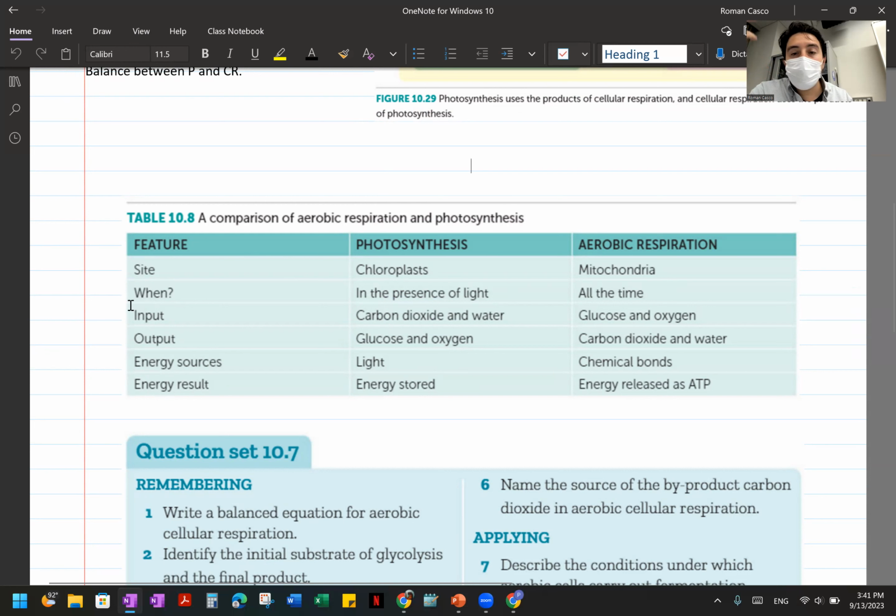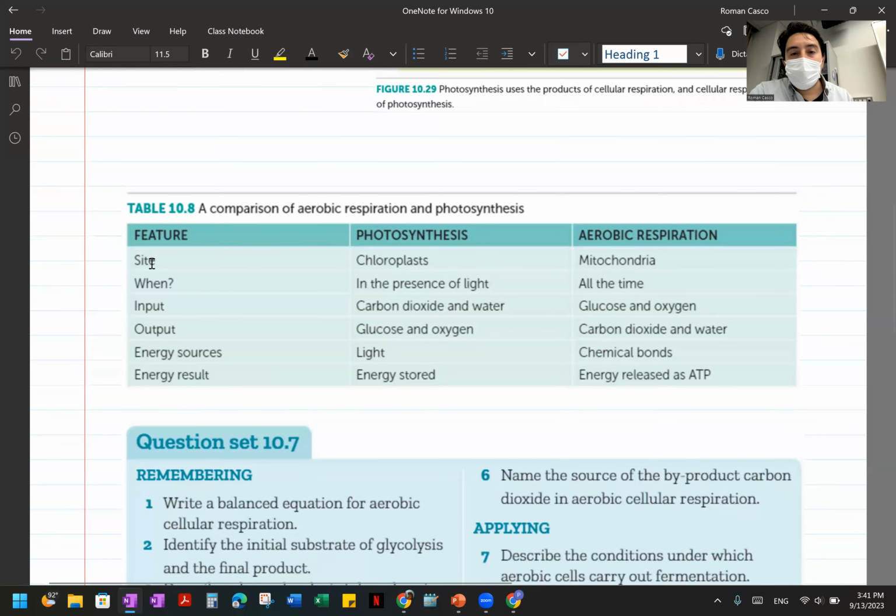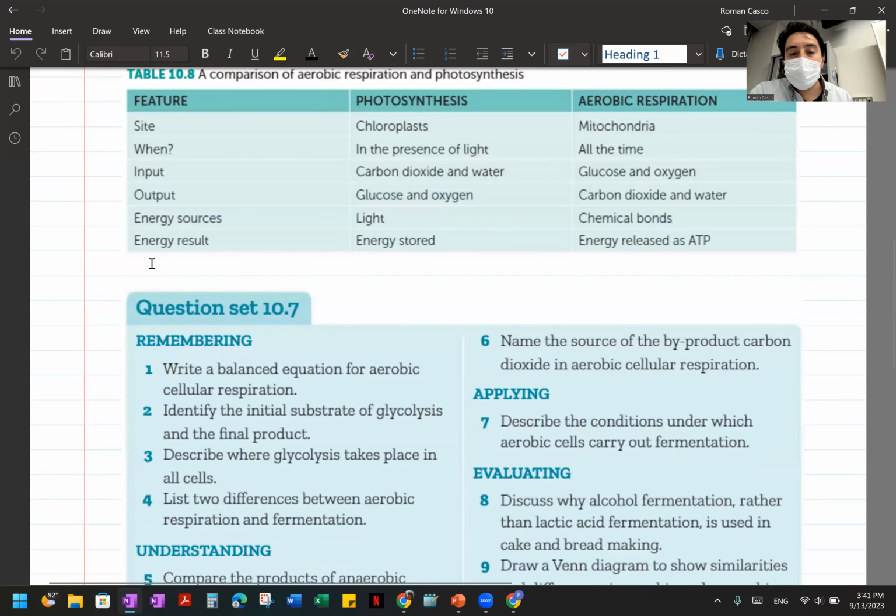What are the outputs, right? And what type of energy is needed and what type of energy is created. Basically, light energy converted into chemical energy, which is ATP, and so forth. So put a little star on this. And also differences between anaerobic and aerobic respiration, right? Put a little star on that table too for you to understand. You definitely need to know